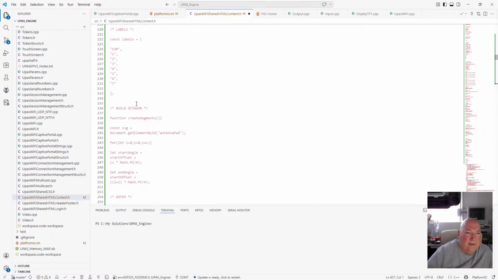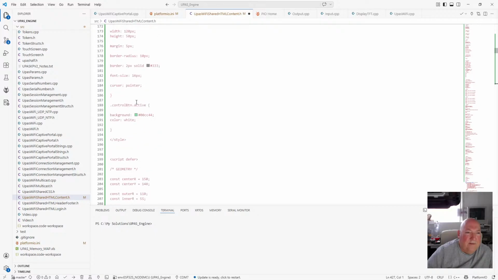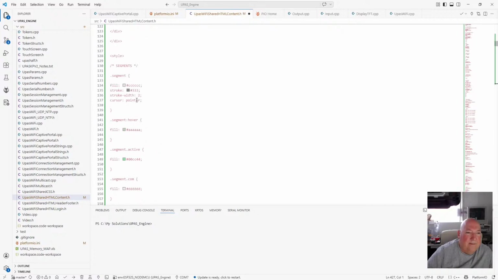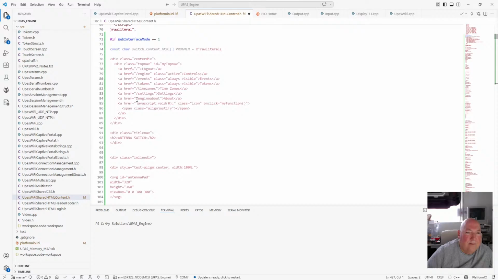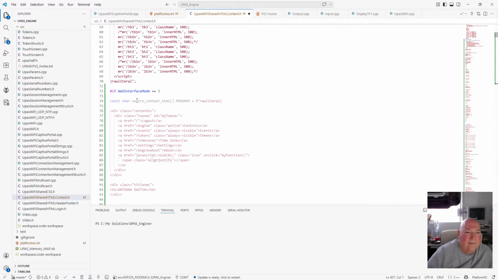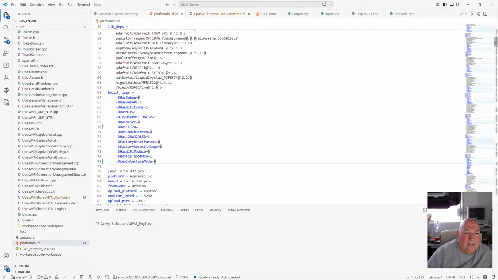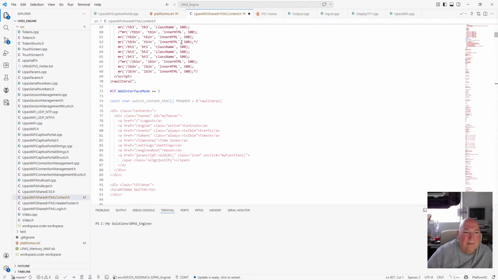This is how it's come out. I'll have to tidy that up as well. It's got all the styles built in as well. Right, so oh yeah, because it's not 1. I set it to 0. So in order to enable it,